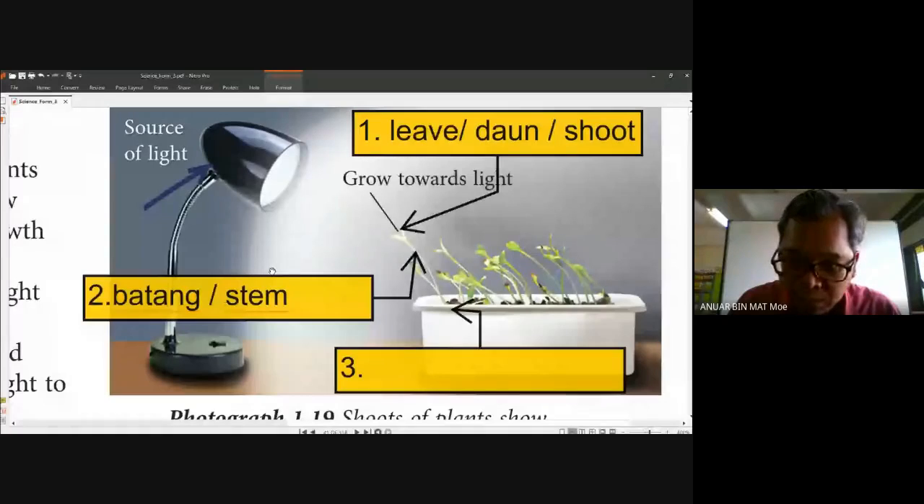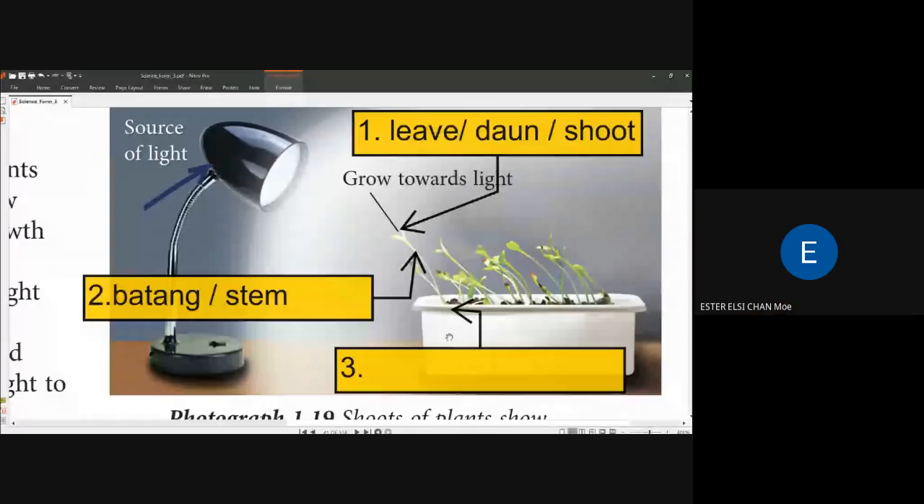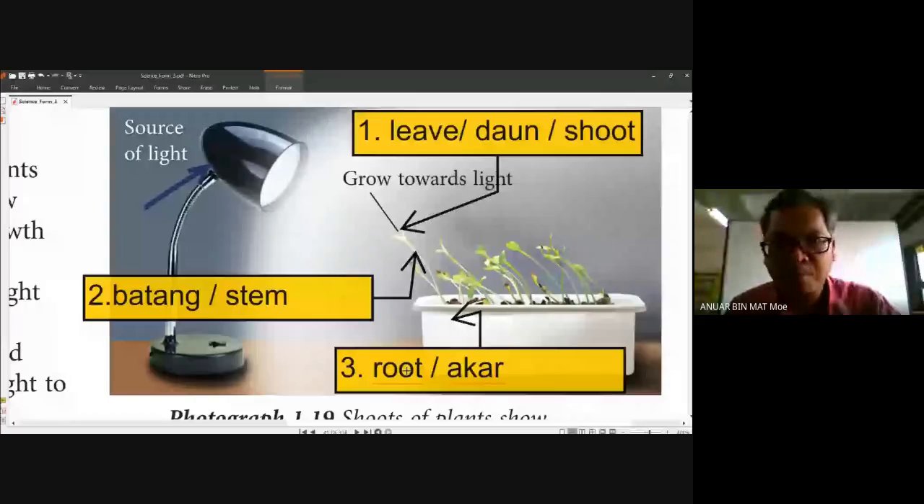Okay, last one. Nombor 3. Ini berada di dalam tanah. Kalau dalam tanah ini panggil apa? We call it what? Roots. Yes, very good. We call it root. Ataupun ini 3, what we call 3 parts of plant. Okay, so